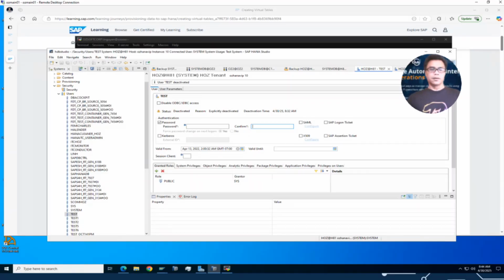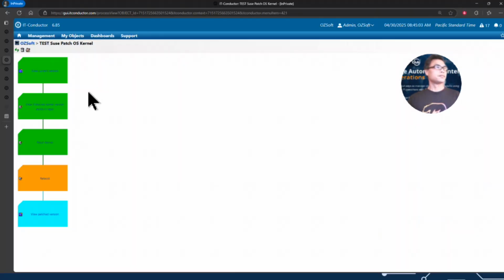We have a second question. Is there a role-based access control to limit who can request, approve, or implement changes? Yes, absolutely. So IT-Conductor is RBAC secured. That's role-based access control. So there are groups, there are authorizations provided, whether you are an administrator, where the user,